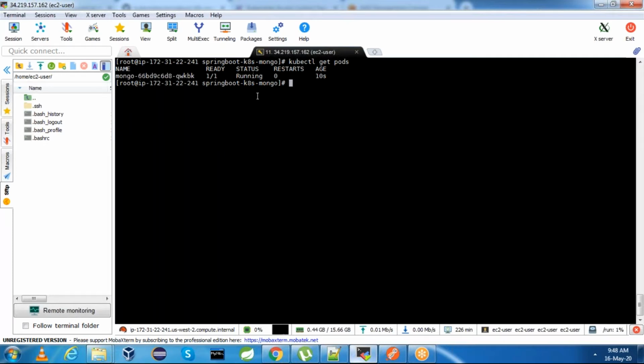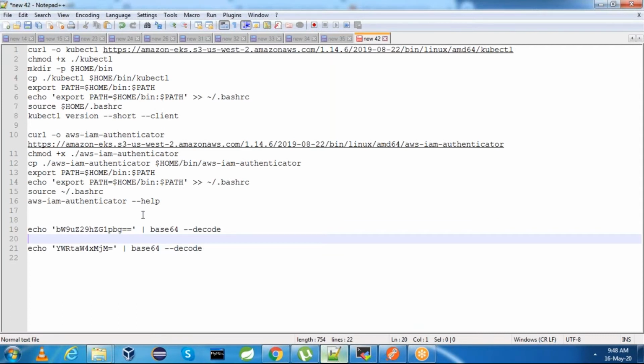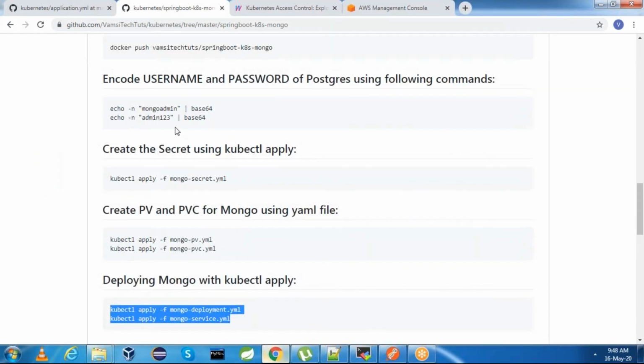If you want, you can connect to the pod and verify whether you are able to connect to that Mongo using username and password. Username is mongoadmin and password is admin123.